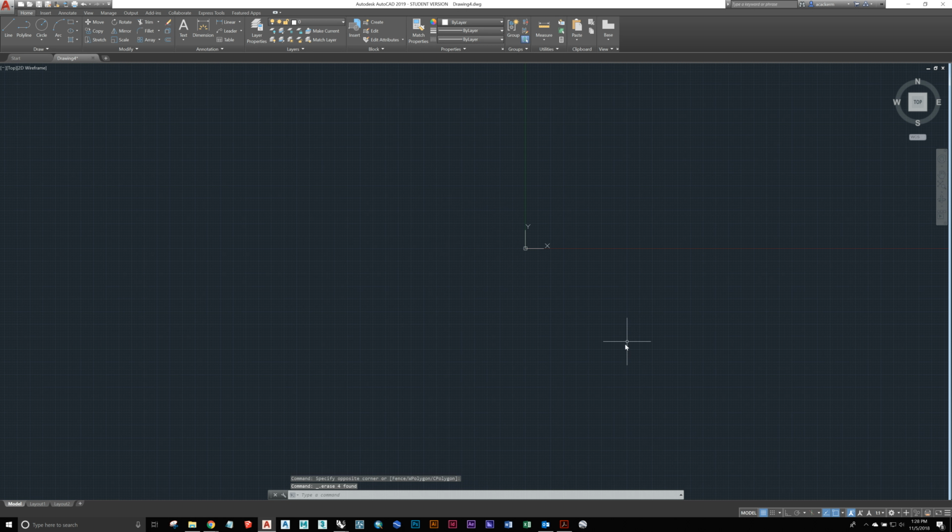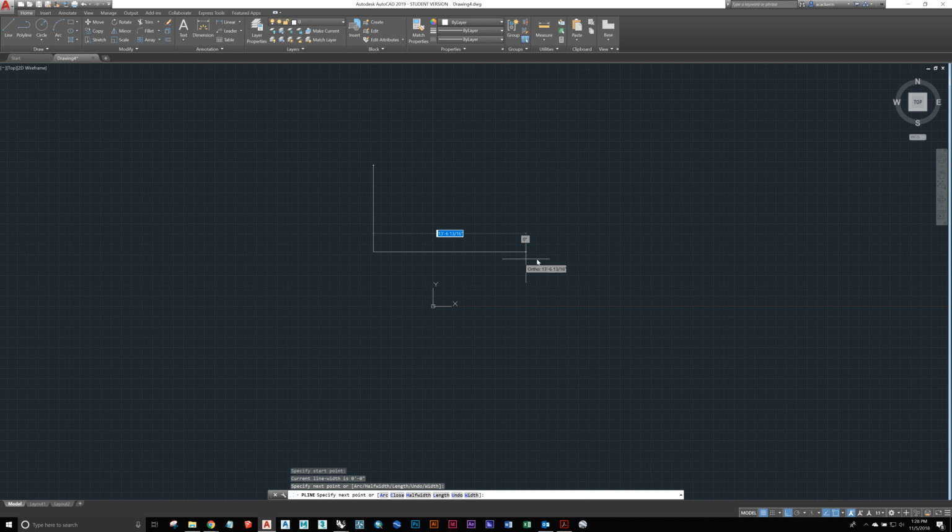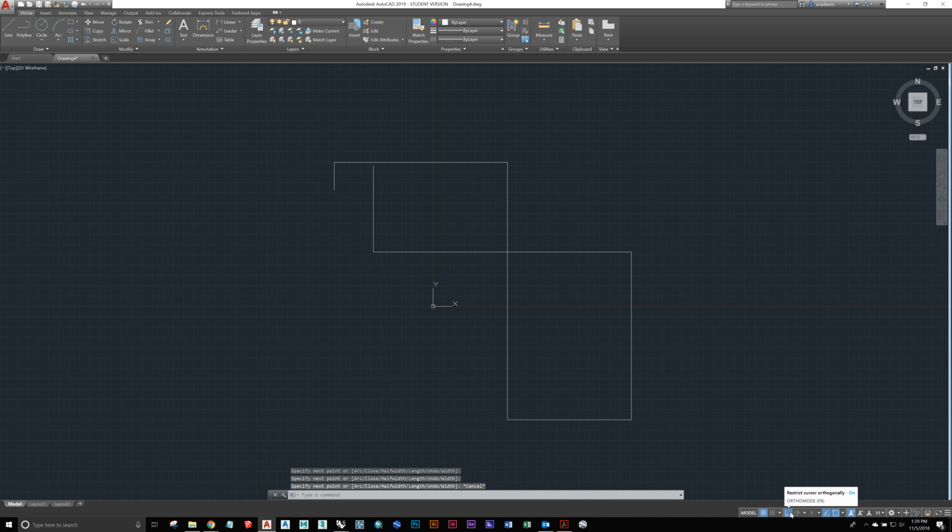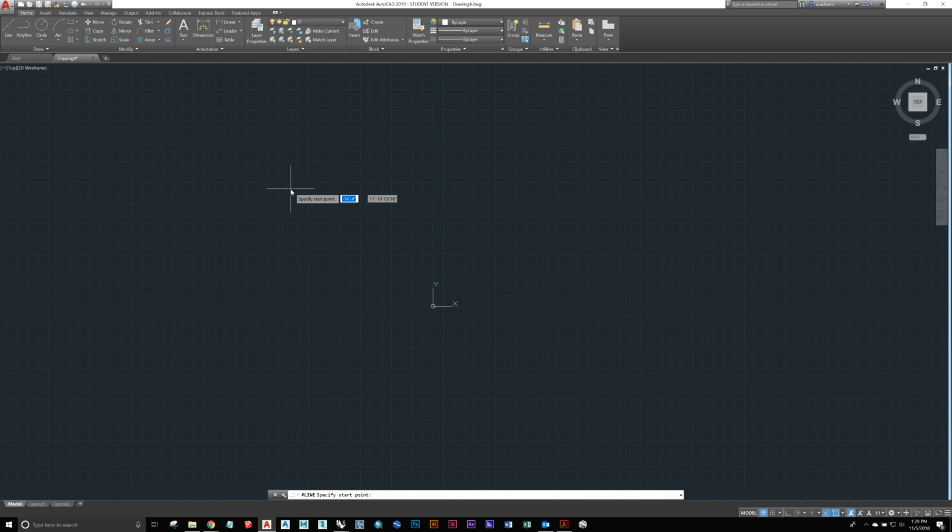That's your object snaps. The other thing you want to do, if you want to draw in just ortho, is turn this on. It won't let you draw any angles. It won't guarantee that everything meets perfectly, but it will just restrict you to one. Another thing that is on by default, that I would suggest leaving on, is